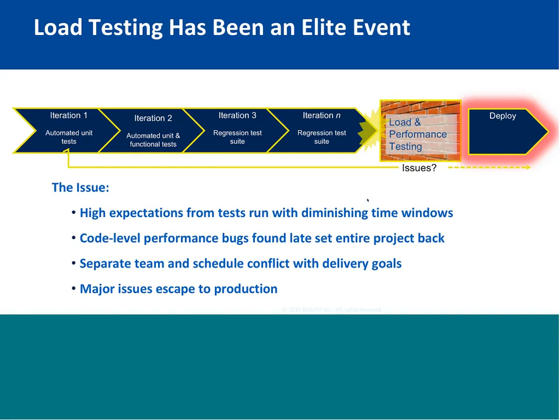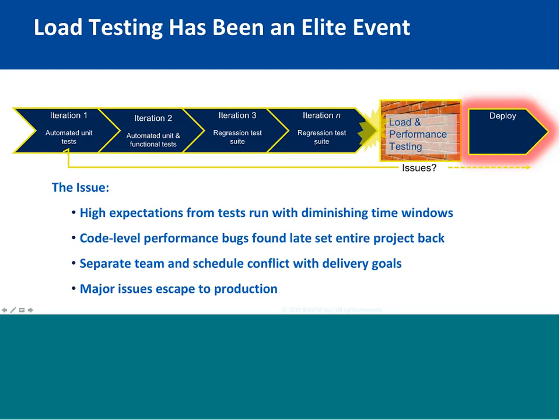Also with this model, code level performance bugs are found so far at the end of the process that there's not enough time to fix them, so you let them leak into production. Or even if you have found them, you might find that they leak into production, and then you have issues on your busy day, and you need to either go back to a previous version of your product or fix it immediately with a fire drill type of process.